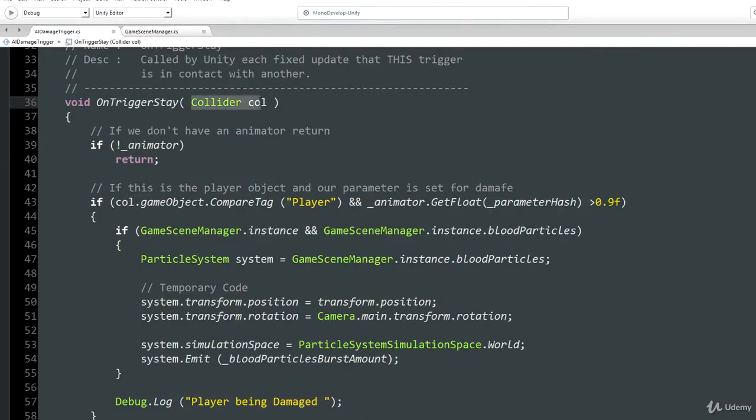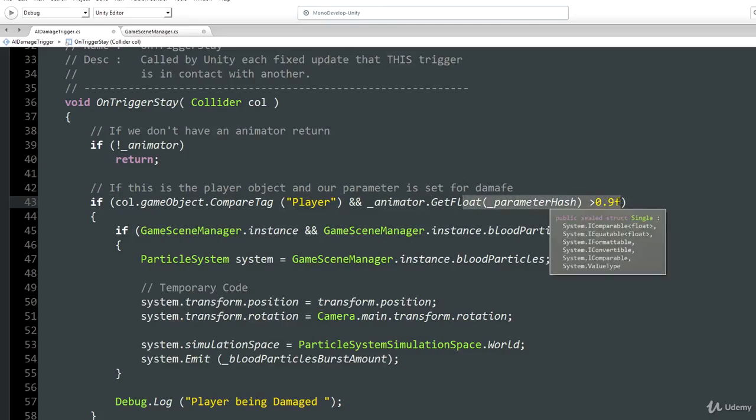You can see that when a collision happens with this trigger, if it's not the player that this trigger has collided with, then we ignore it. But even if it is the player, we then check to see if the matching parameter in the animator is set close to 1, larger than 0.9. Because even if it is the player, but this parameter is set to 0, then it means essentially the player has probably just brushed up against one of these triggers